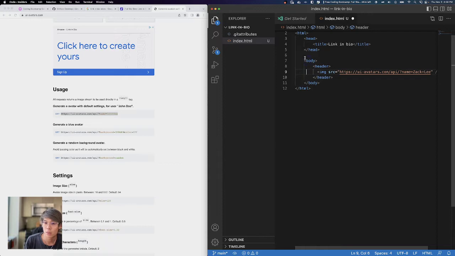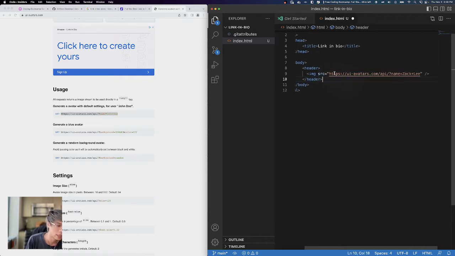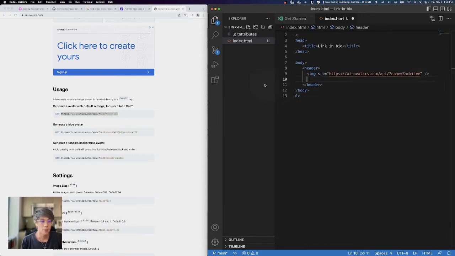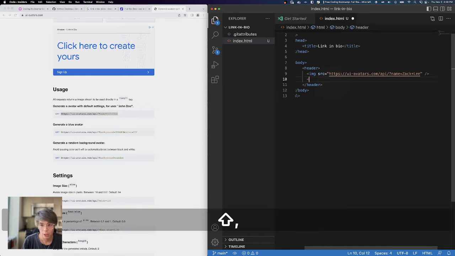Right now you should basically have nothing in your HTML page besides the head, the body, and this header with the image. You can use any image you want, really. You don't have to use this one. Remember our link in bio site: we now have our image, and under that we're going to put our username or name. So I'm going to make this a header. We can do header 1, it doesn't really matter which header we use. So I'm going to do a header 1, and then I'm going to put my tag, which is